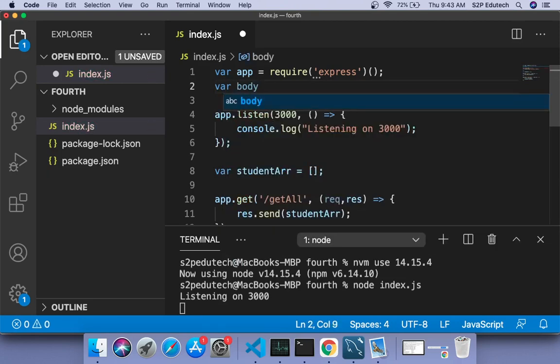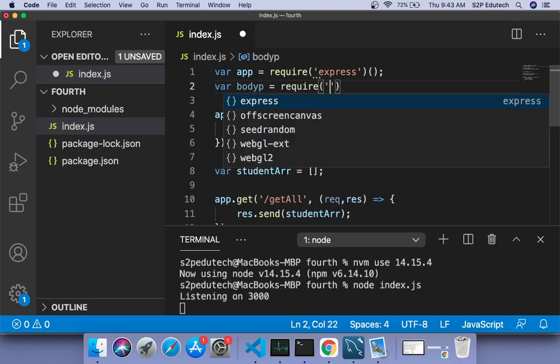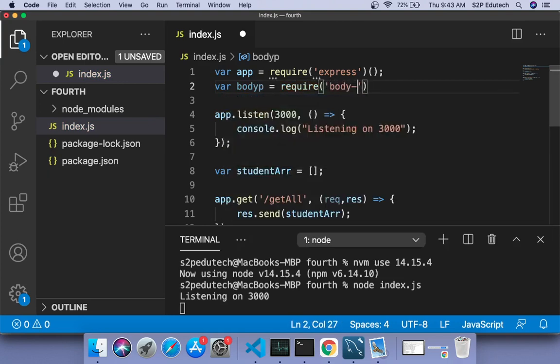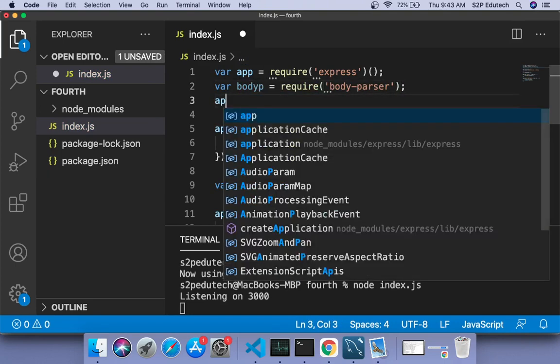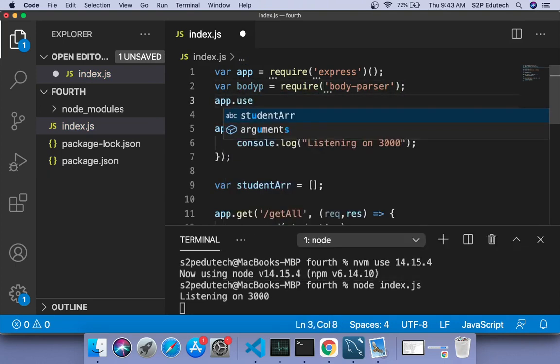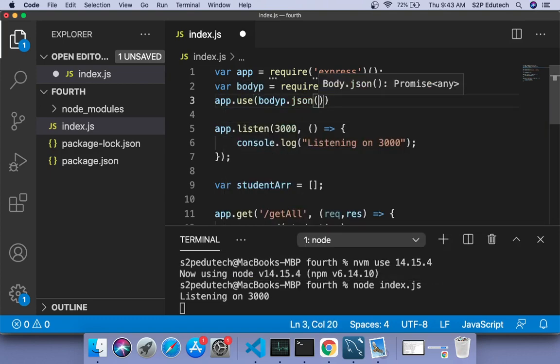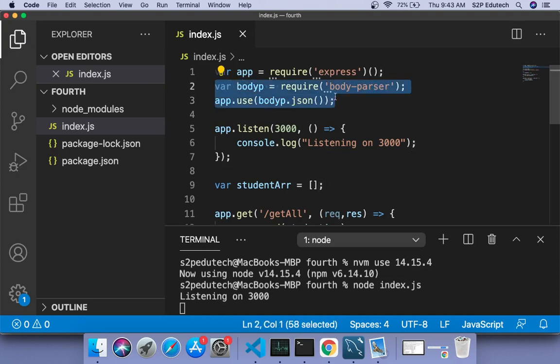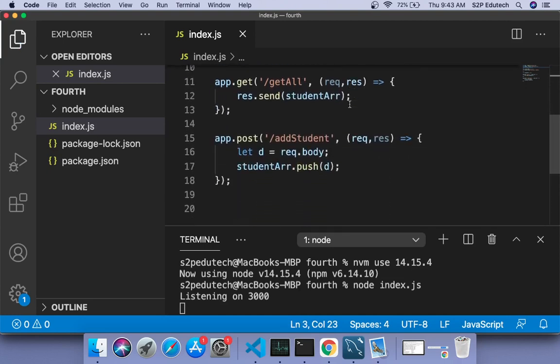So I'll give var bodyP equals require, and the name of the package is body-parser, and I would say app.use bodyP.json. This JSON is a function. What this ensures is that the data coming to us is in JSON format, right?